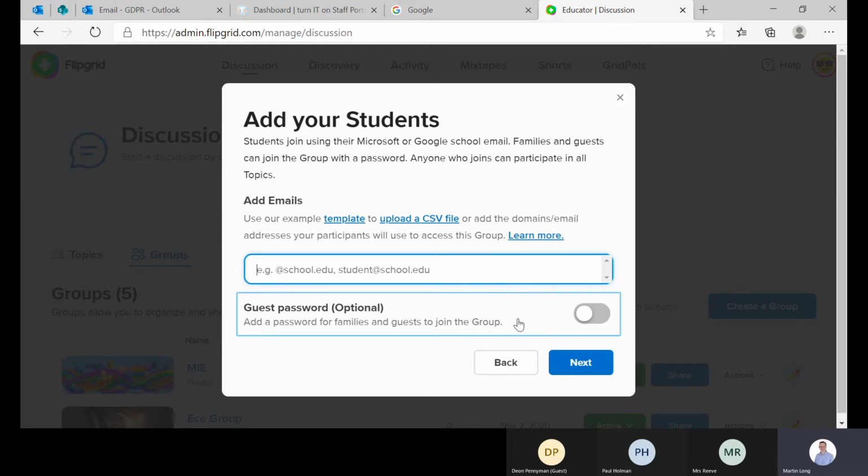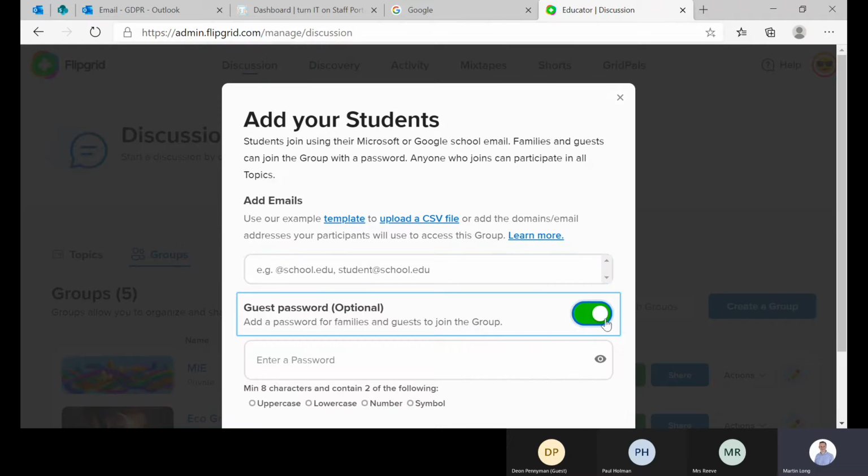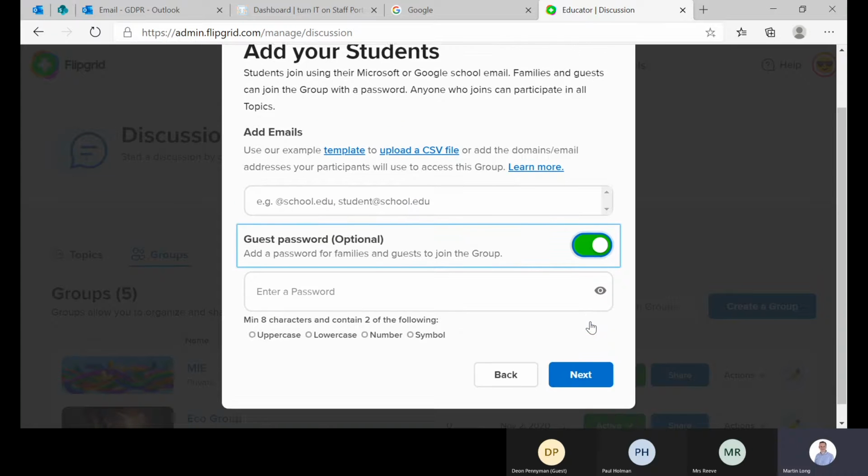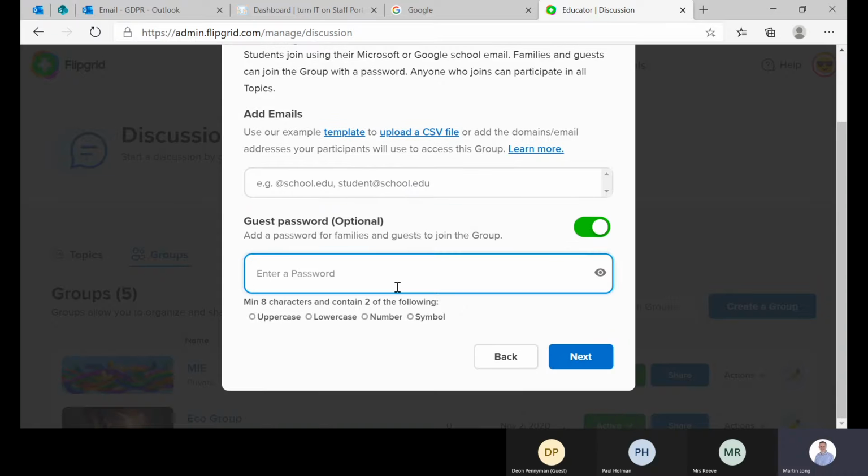And if you want to make this open to guests, you can share a grid with people that are not in your school, and you can invite them in. But for this purpose, because I'm going to use this with pupils and students, and for safeguarding reasons, I'm going to disable guest access. But there you go. That is when you put guest access and guest password in, and then you can have a password to get in. Because I'm using this with pupils, I'm going to say, as well as guest access, I'm going to put a guest password in. So that password makes sure that you've got an extra layer of security on there.